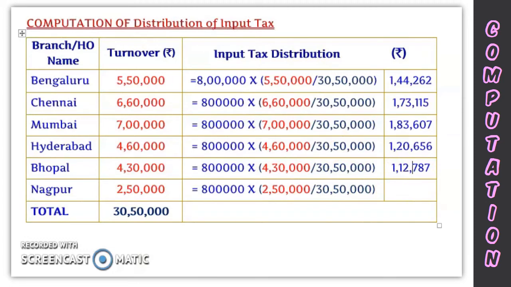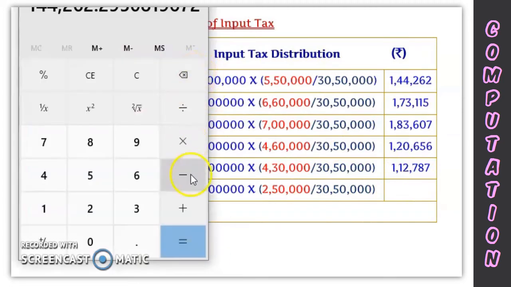I'll do that now. Previously I followed the mathematical rule, right? So I'll directly calculate, because that doesn't make any difference. So 8 lakh is there. You can do it like this as well: 8 into 2,50,000, which we can write as 2.5 lakh, divided by 30,50,000, which you can write as 30.5. So you can simplify your calculation, but you can use your calculator, no issue here. So you will get this amount, which is 65,573.